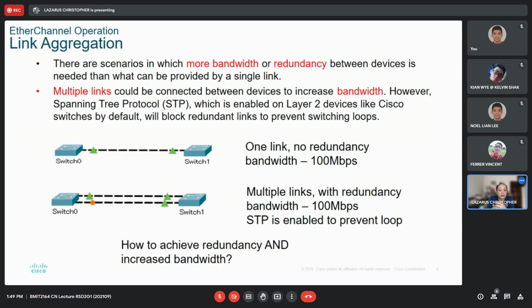On your screen right now, we can see that there are two configurations here. Switch 0 and switch 1 have a single link. This is typically how we connect switches together to extend or scale up our local area network. We just simply add another switch, and the switches can be remote to each other, that means not located near each other,